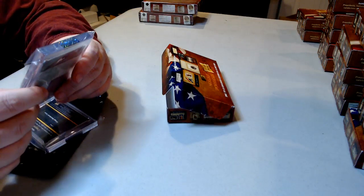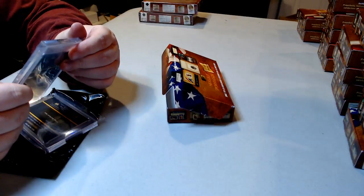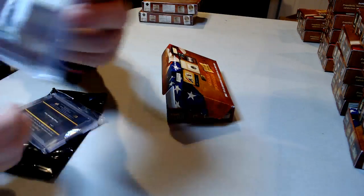Sacagawea, Guide to the Lewis and Clark Expedition, 1806 newspaper. I mean, it's neat that it's a piece of an old newspaper, but